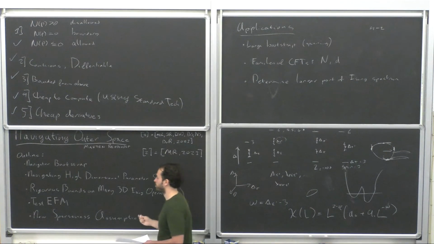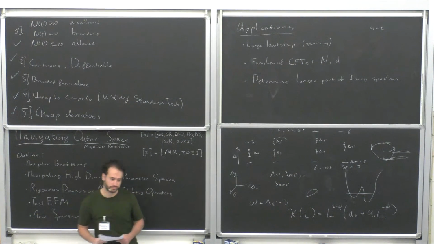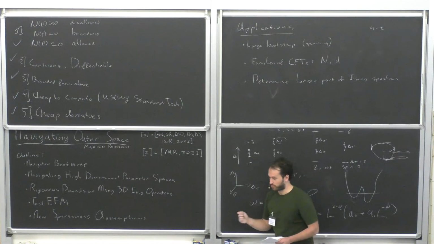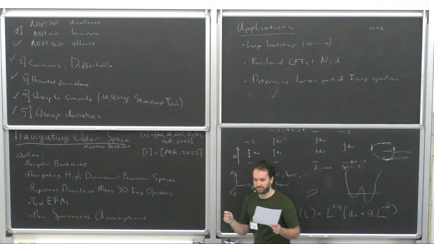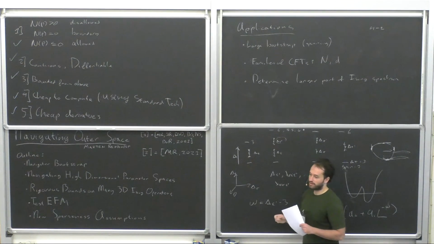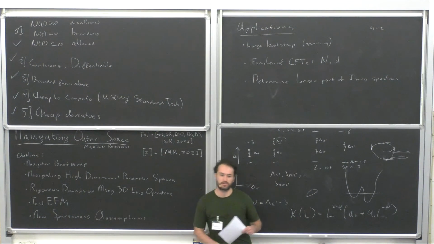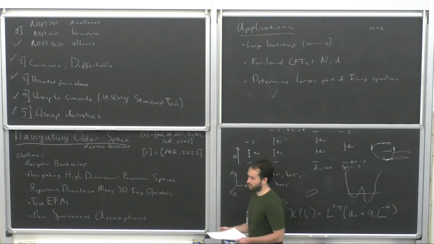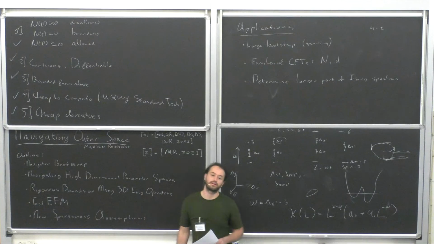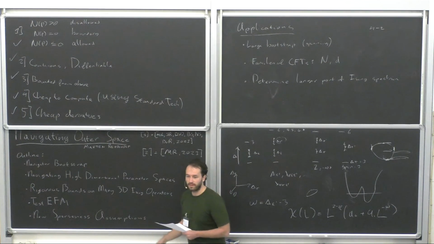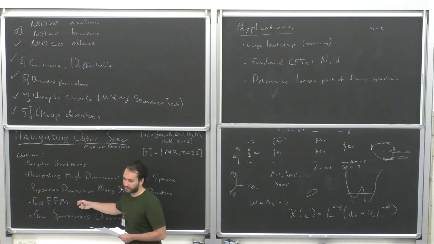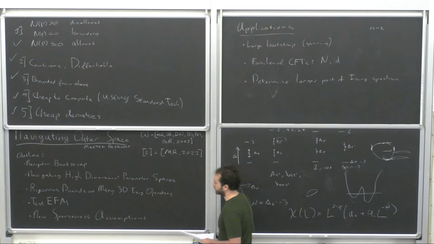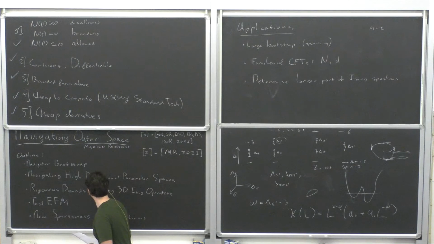What was possible is to use something called the extremal functional method. Once you have some allowed point, this method gives you an example of a solution to the truncated crossing equation. You can try to say, if I take a lot of points and sample a lot of them, maybe I get a good estimate of how much these solutions can vary. I will be comparing to a work by David Simmons-Duffin,